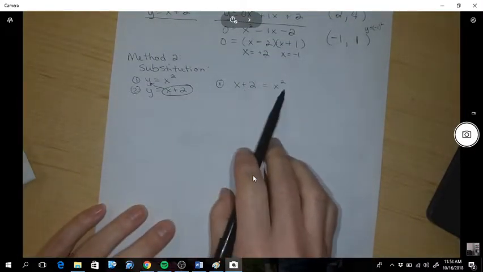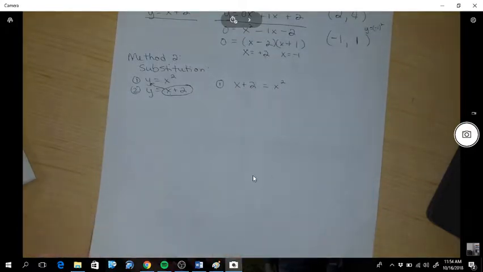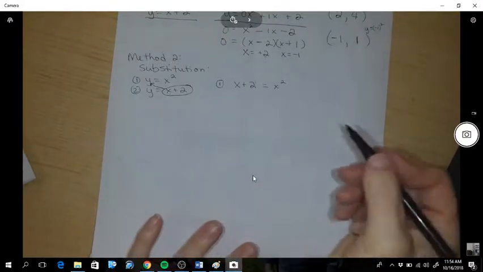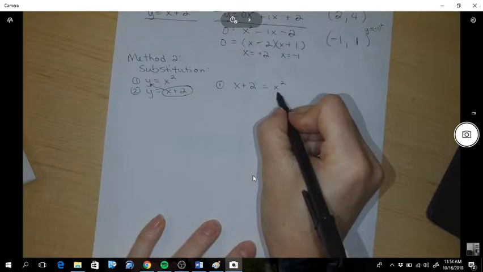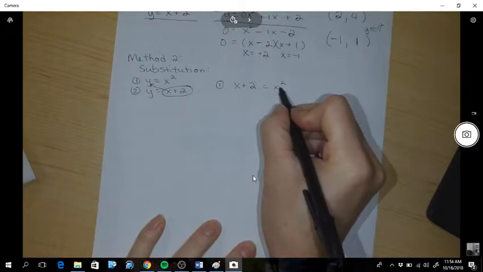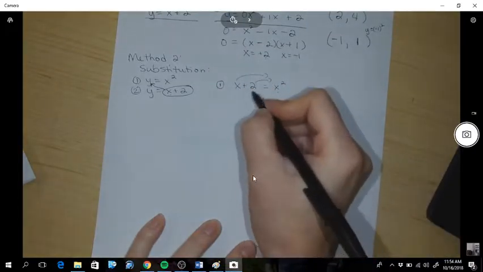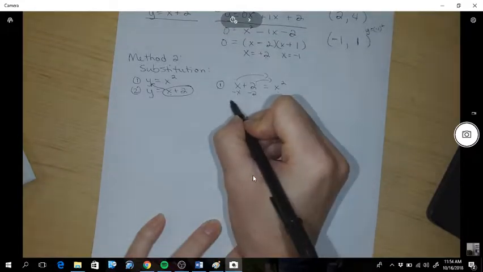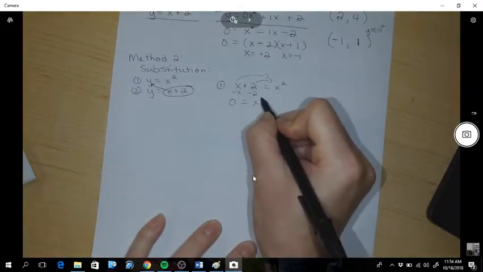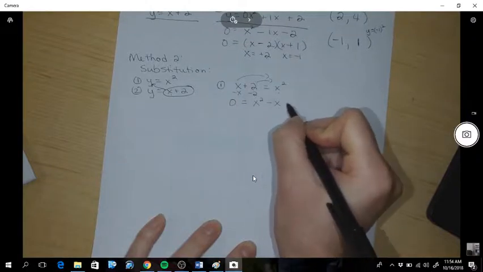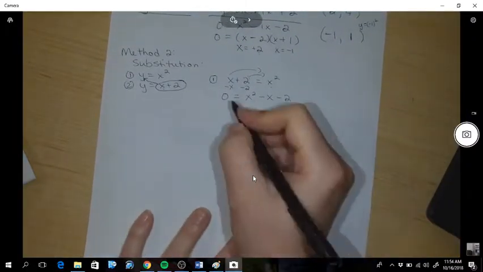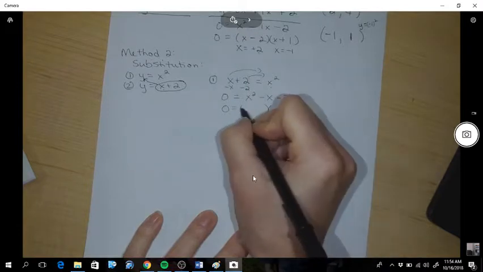Okay, so at this point, I see x squareds, x's, and numbers. So that's all three pieces of a simple trinomial quadratic. So to solve those, I need to have 0 on one side. I always suggest where you have the squared term to keep it positive because it's easier to factor. So instead of bringing it out to that side and making it negative, I'm going to actually take everything to that side. So subtract x, subtract 2, and you get 0. If you don't, on this side, you're going to have that subtract x and subtract 2. Now we have to factor, same as before,